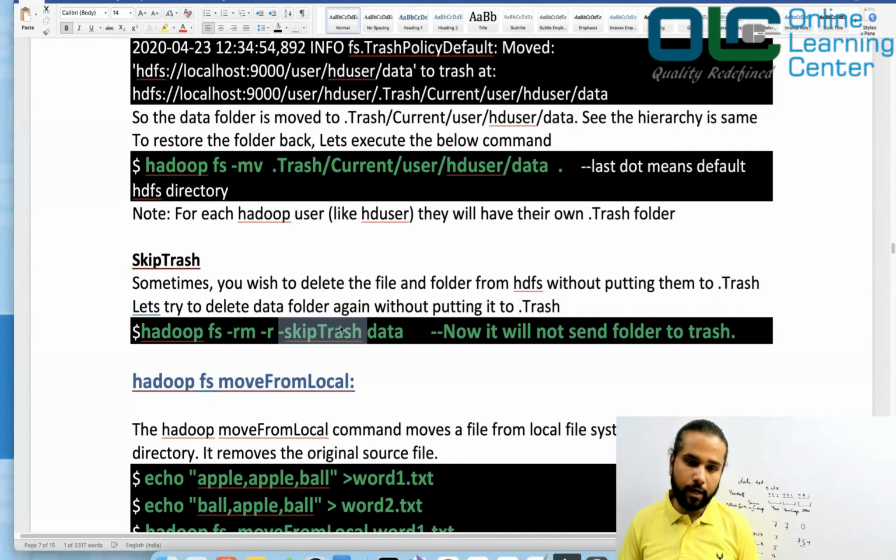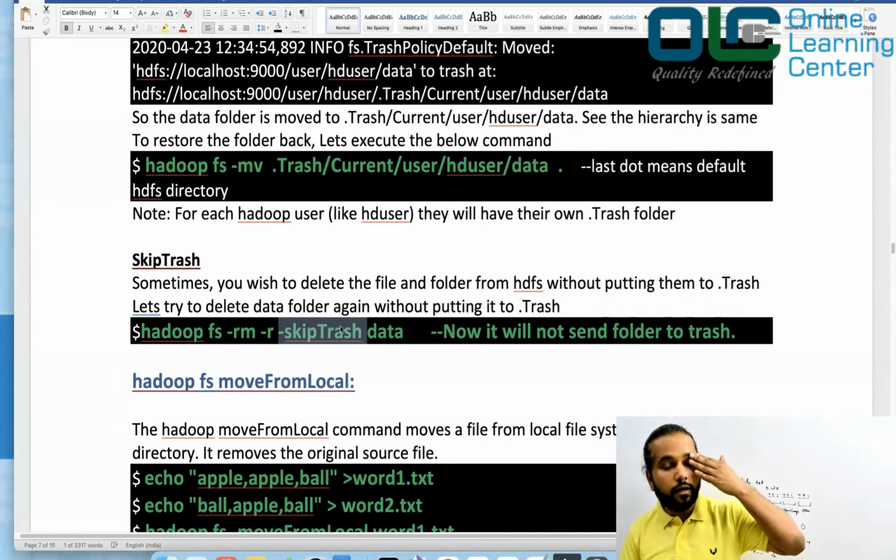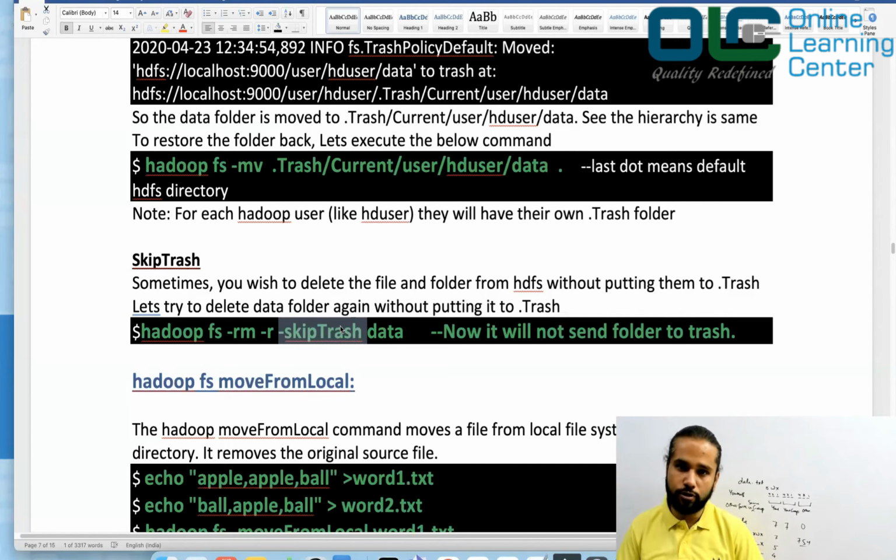So in production, if the admin sends a reminder and you do not act on it, then the admin has all the rights to go to the trash and clean the space from there, and you have nothing to question. Because trash is where you have put the file. Nobody would clean your data from your user location, and you have all the rights to ask how they cleaned the data from your location. But you are not allowed to ask why they cleaned it from your trash. But anyway, your trash will also consume space, right?